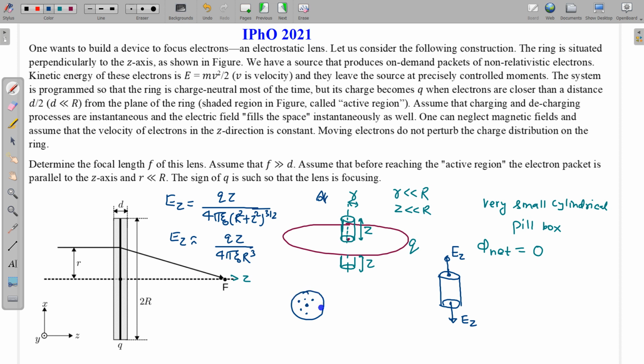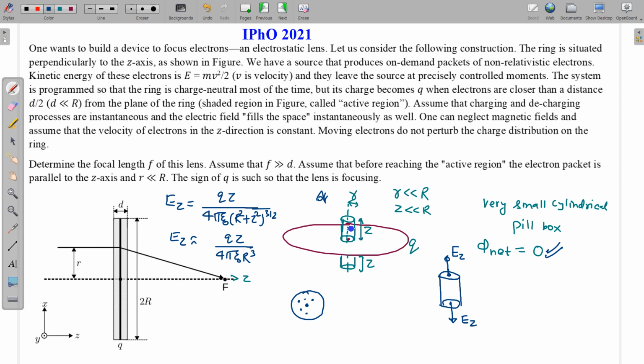So at all these points I can assume a uniform kind of electric field because of the approximation. So this is Ez, and due to Ez you can see there is a net flux. Ez lines are coming out, so this is the leaving flux. So due to Ez there is leaving flux, and we know that phi net will be equal to 0. So for net flux to be 0, there must be some entering flux. And how is the flux entering?